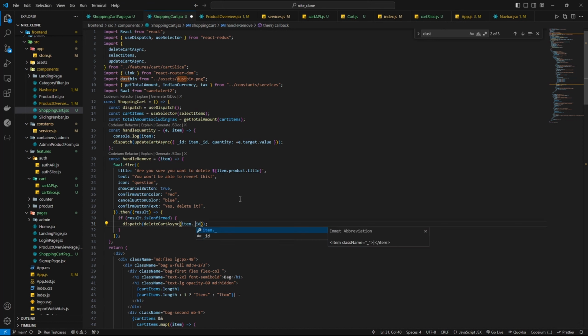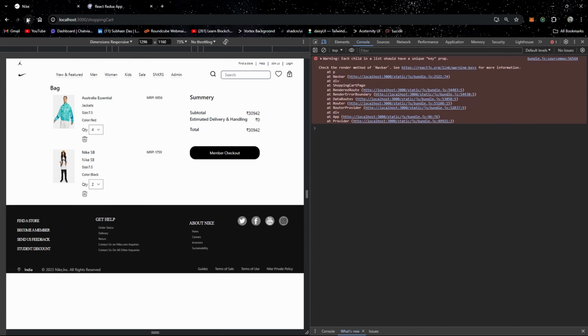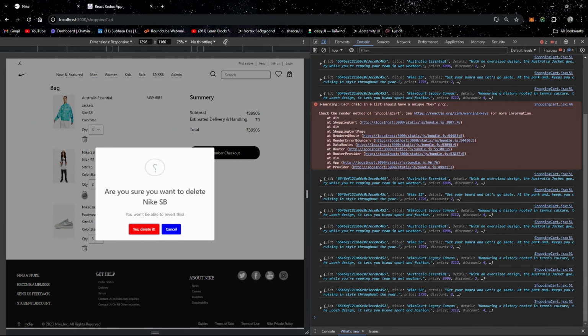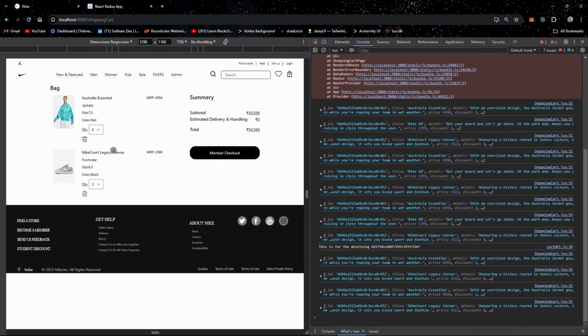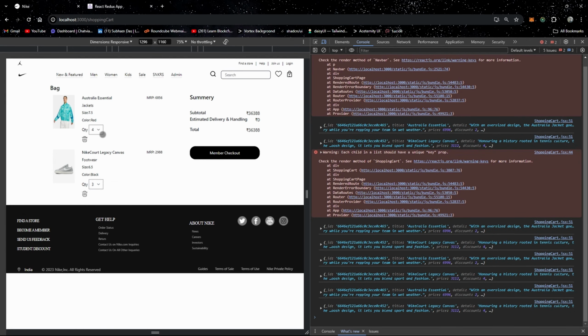So here you need to give underscore. Yeah, that really annoys me. I always forget to give the underscore, whatever. But if I reload it now, let's delete the Nike SB. I hope this time it is going to get deleted. Let's check, and as you can see, it is getting deleted. If I refresh also, it is getting deleted